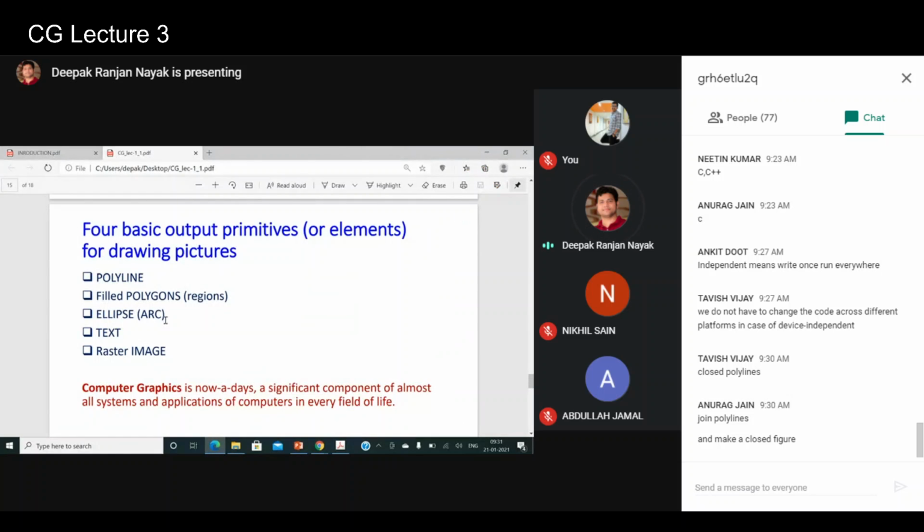One more important thing is that while you are drawing pictures, lines are required, polygons are required, and curves are also required, right? It is so important to draw the curves. So how will you draw the curves? Basically, we will be focusing on the arcs. And when we talk about the arcs, we'll be looking at the ellipse. When we talk about the ellipse, sometimes we also require a circle, right?